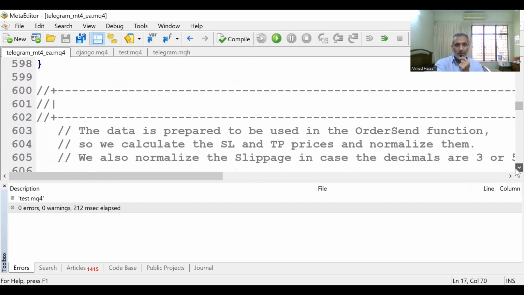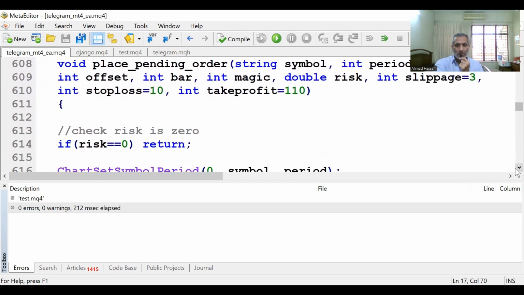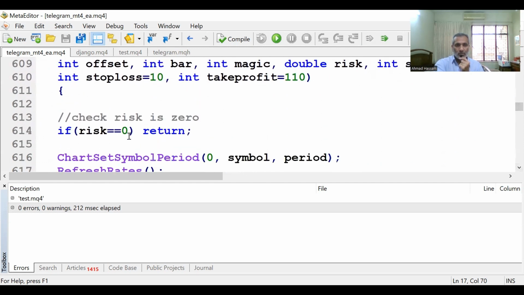Once you start creating, you will see the problems arise. So yes, if risk is equal to zero, return, don't open that trade. Why I do it: when I post signals on the Telegram, sometimes I can confuse the broker name with the risk, and if you use this implicit conversion in MQL4, then obviously all strings will get converted to zero. First, I had used MathIsValidNumber, but then I